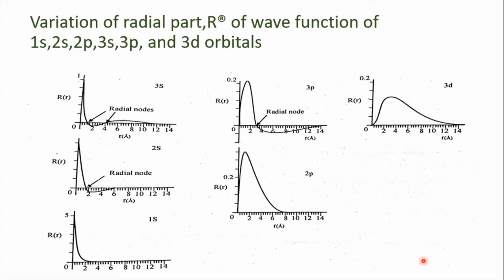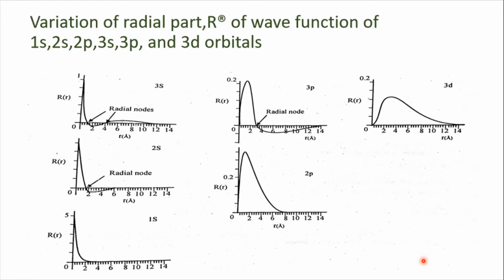1.3 in the textbook of Manali Publication for FYBSc. There is a table for the radial and the angular part of the wave function for hydrogen-like atoms. In that book the equation and the radial wave function for each and every orbital are properly given. That table is very large, so I can't put it in this video. Please see that table, and from that table we get these graphs.